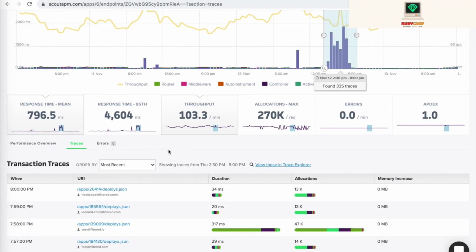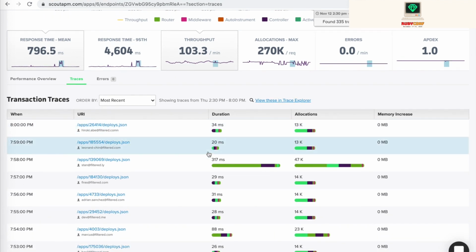If you click on the Traces tab, this is the list of the detailed traces for this endpoint that were captured during this time. Scout actually captures timing metrics of every single request that goes through your application. We do not sample timing metrics. What we do collect, in addition to all of those timing metrics per minute, are a handful of interesting detailed traces. These are traces that contain a lot more detail and break down specifically how long each layer or span took during that request.